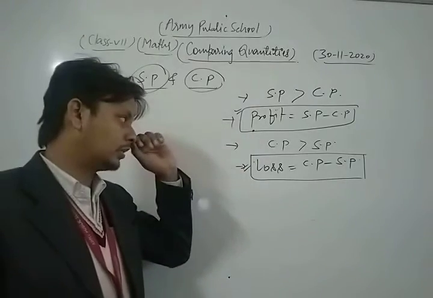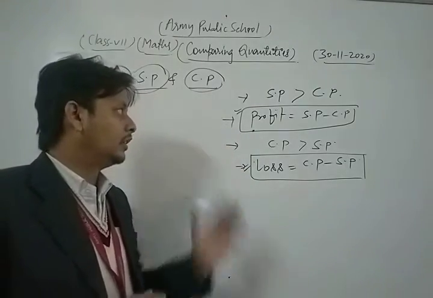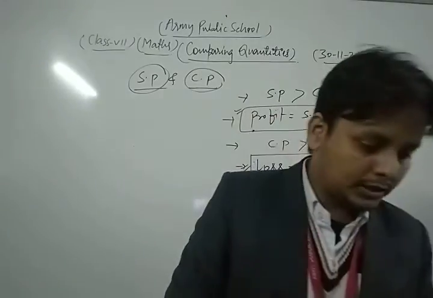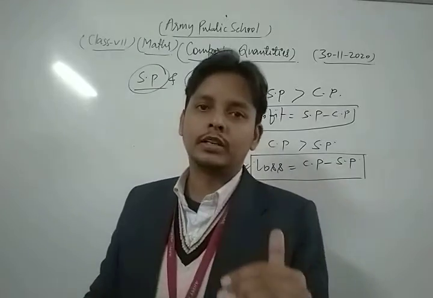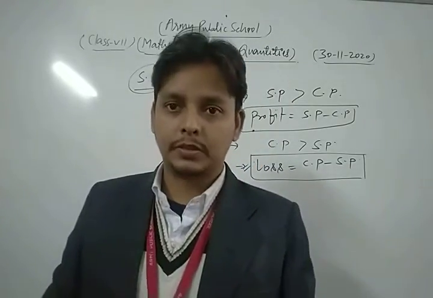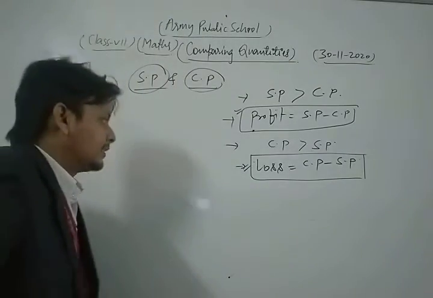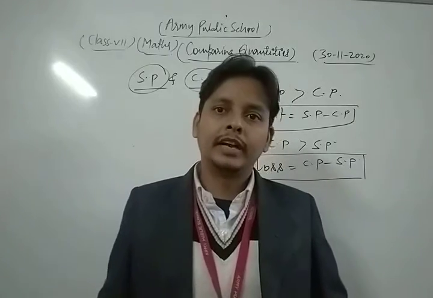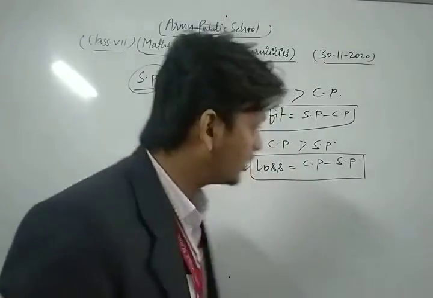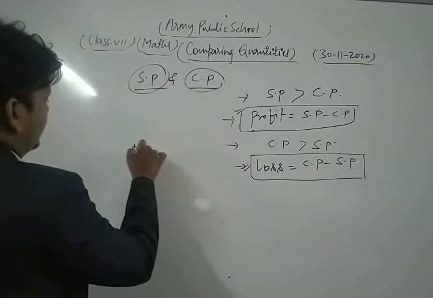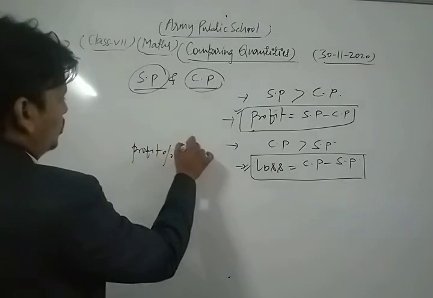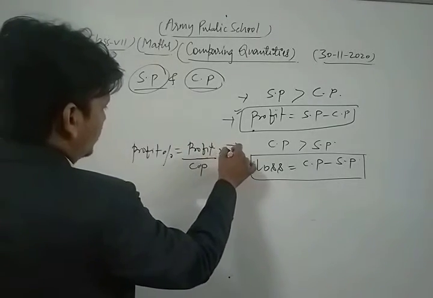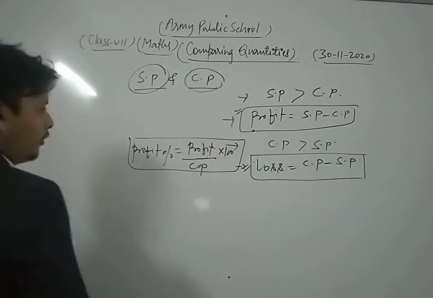They are both very important formulas for you and your syllabus. Now, dear students, we are going to discuss the formula for profit percent and loss percent. One important thing is that profit percent and loss percent are both found on the cost price of an object. Means the general formula for the profit percent is equal to profit upon cost price into 100.